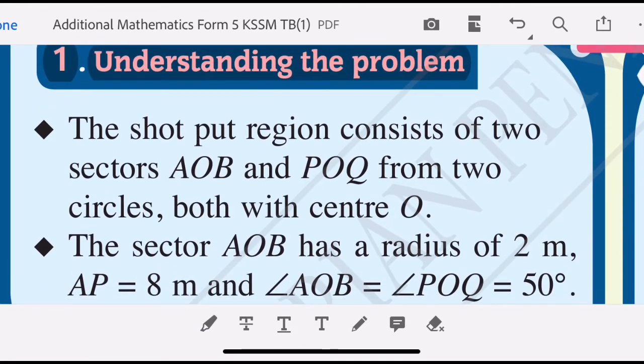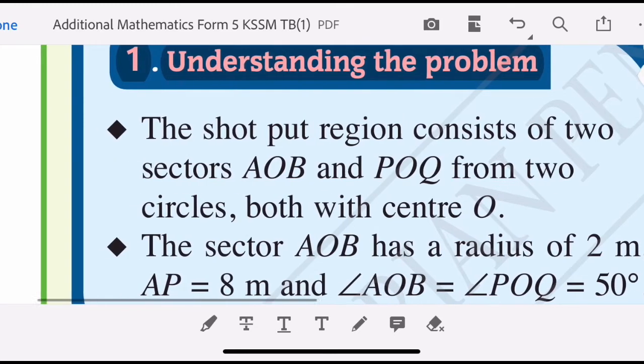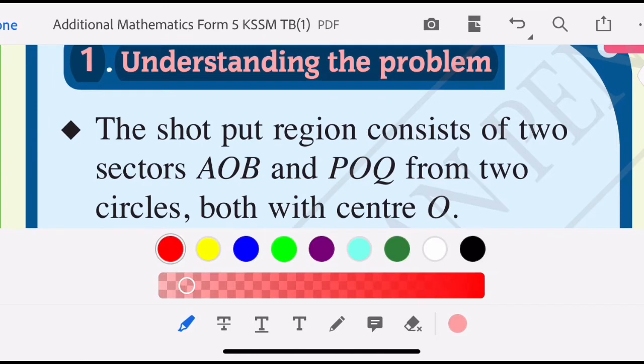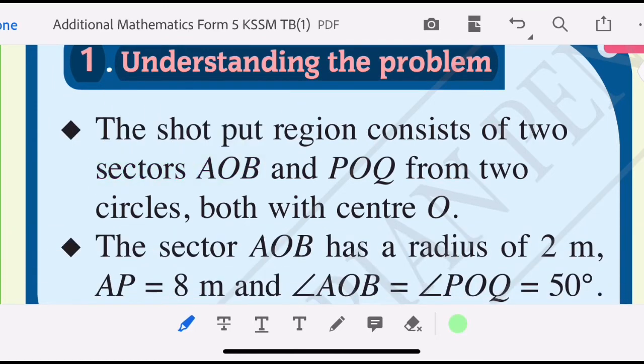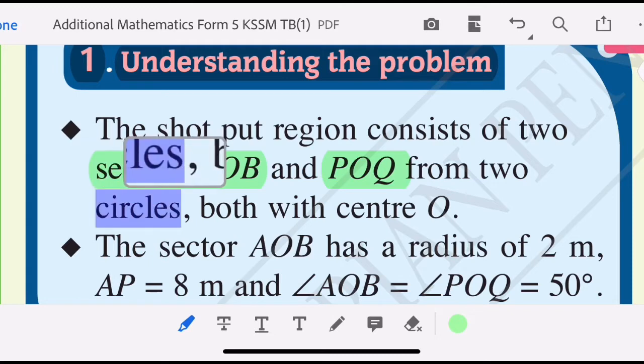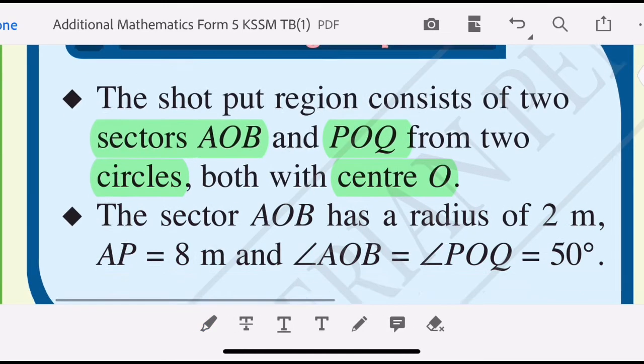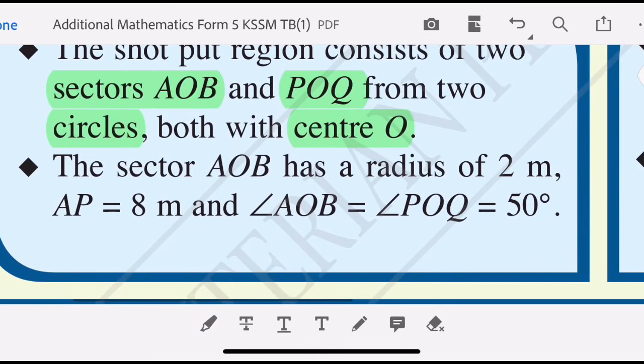The problem consists of 2 sectors, right? So 2 sectors are actually the keywords. Okay, 2 sectors, AOB and POQ are 2 circles with a center O, right? With a center O. Now the sector AOB, you see, let me highlight to you the important